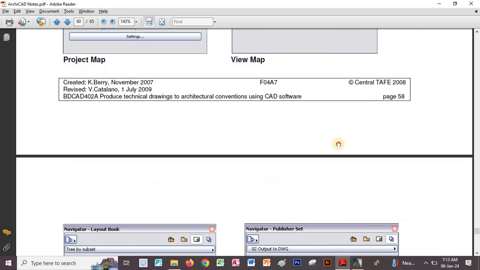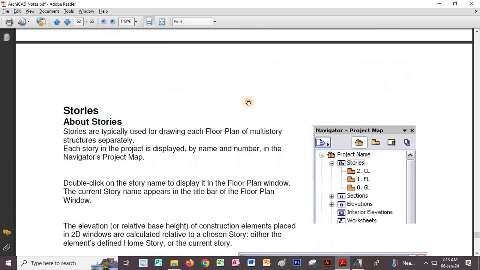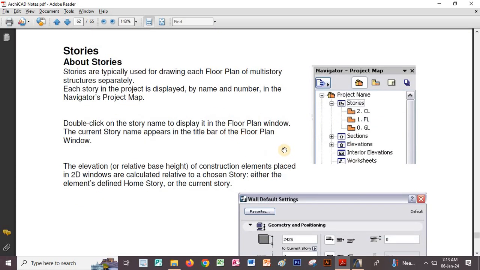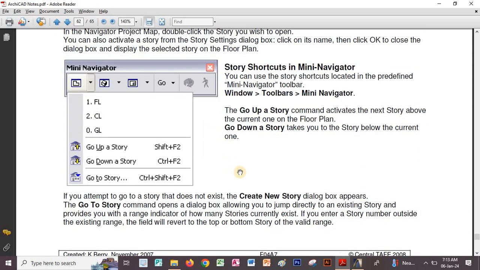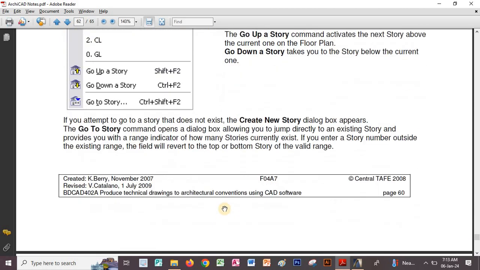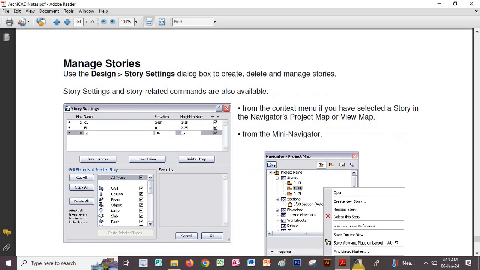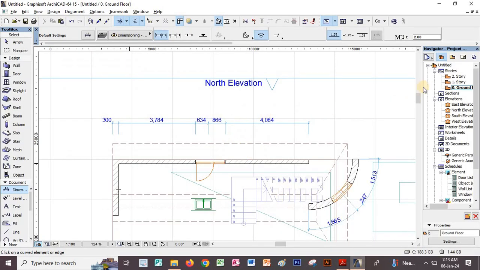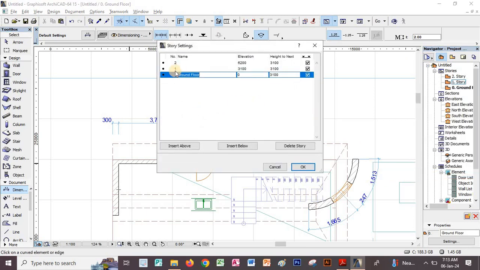But what is very important here is that I should be able to add stories. So the story settings, we should be able to play around with them. You can add stories above, stories below. You can do settings of the story, the stories, you can change them. So if you right click and go to story settings, you can add above or below, and you can accordingly